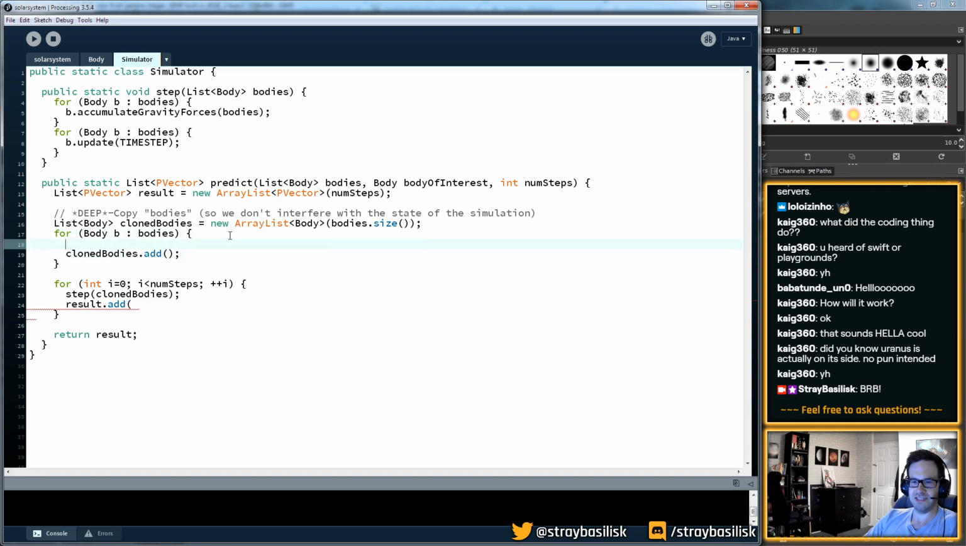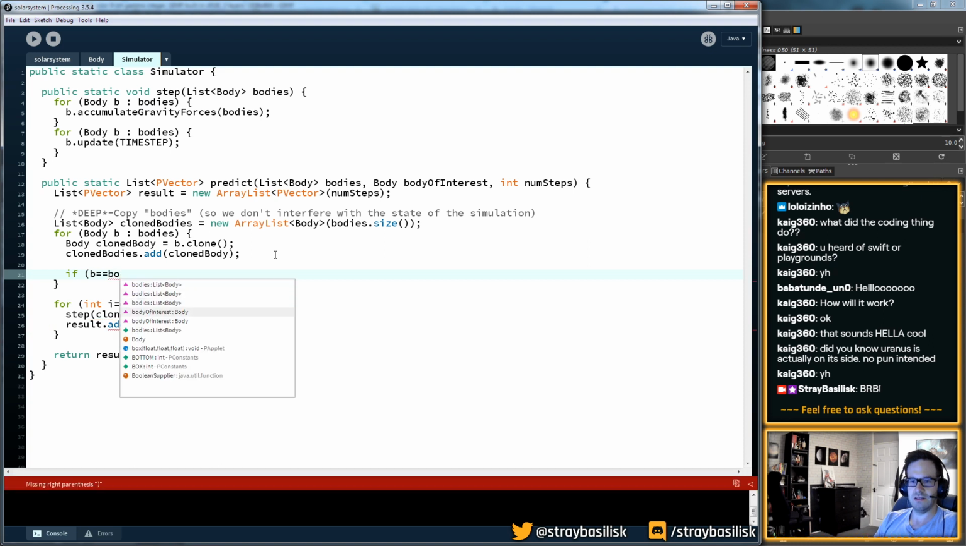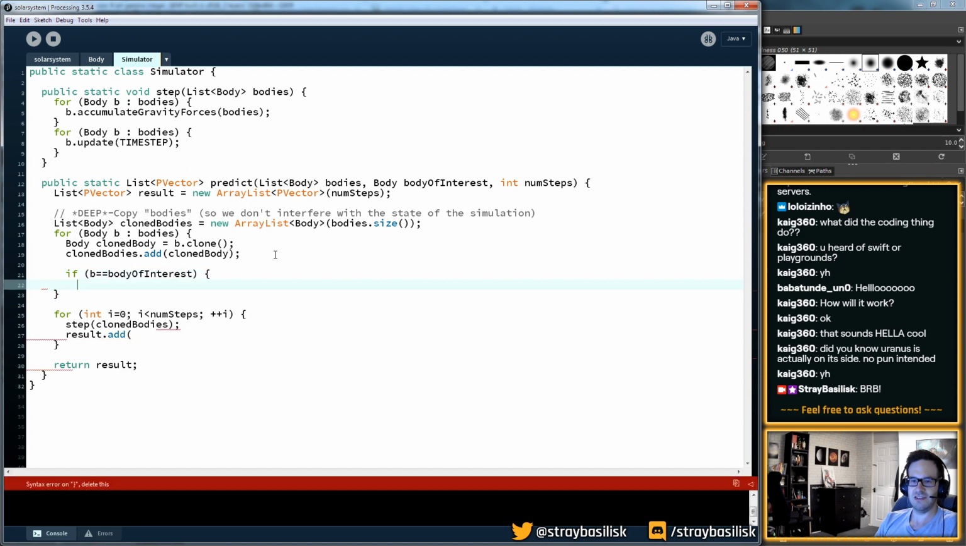This is that screw up I almost made of that exact same type I was talking about. When we pass in the body of interest, this cloned bodies is no longer going to contain that, right? It's going to contain a copy. So what I think I'm going to do is say if the equal to body of interest, then